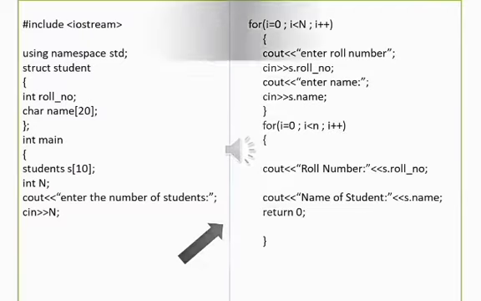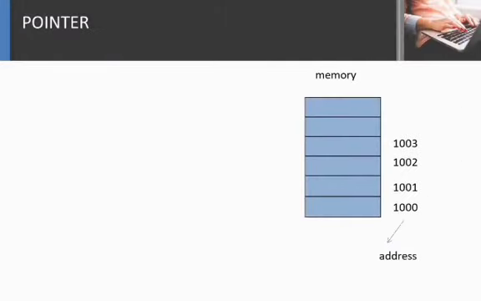Now, we are going to study a new concept called pointer. To understand pointers, we first should understand how various data types or various variables are stored in the computer's memory. Okay. Let's say in this figure on the right here is a computer memory. And in a typical memory architecture, each byte of the memory has an address. So, let's assume the particular address is 1000. So, the next byte would have an address of 1001. Okay. And it will go on like 1002, 1003, etc.